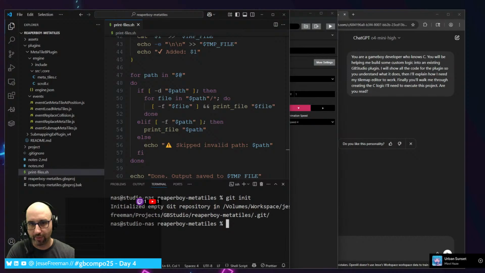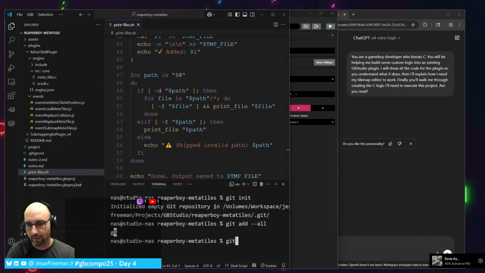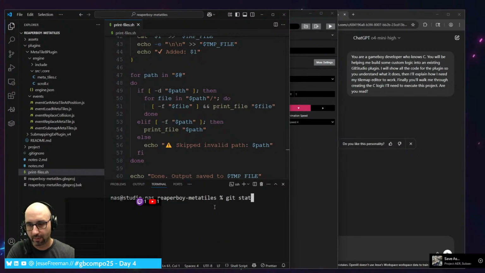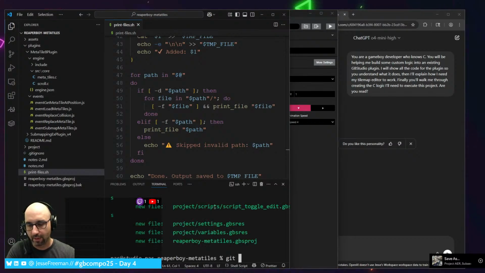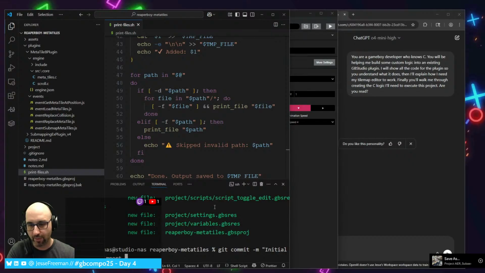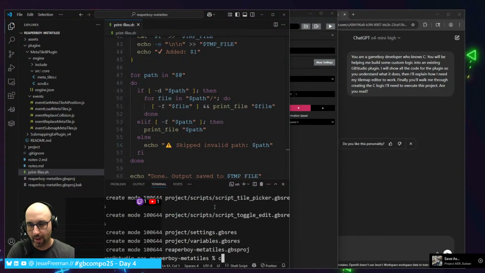I'm just looking through this to see what the, sure, let's just do git add all, git status, git commit. We're gonna do initial import, and then we're gonna do git